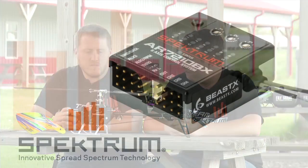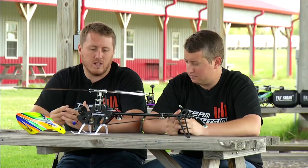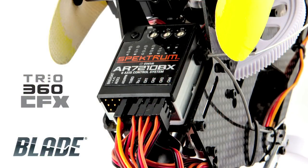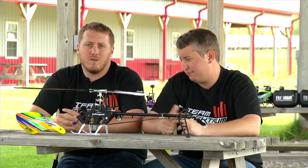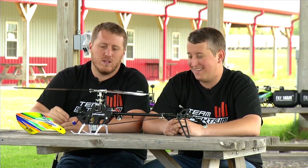So we've gone to the new 7210BX. Like in the 270, it was only 270 specific firmware. You couldn't take it off and put it on another model. So it kind of devalued the 7210. On this one, the only thing you don't get still is bailout now. But on this kind of model, hopefully you don't need bailout. But if you do need it,